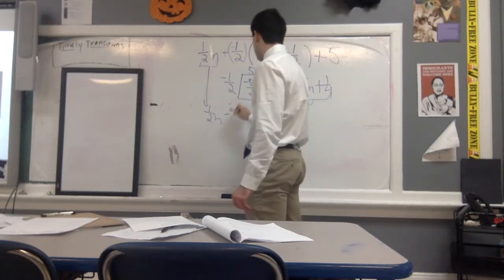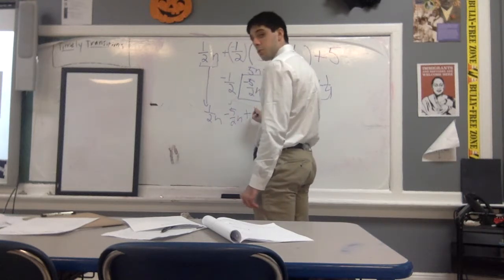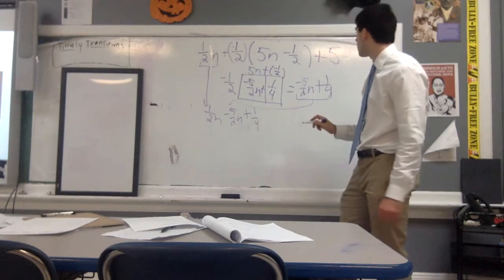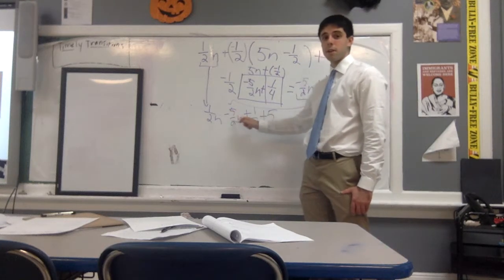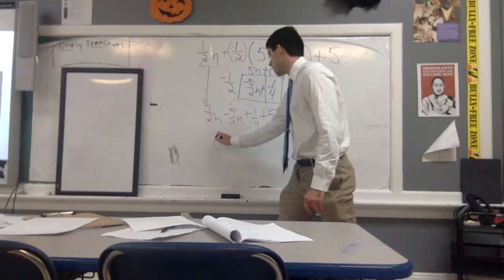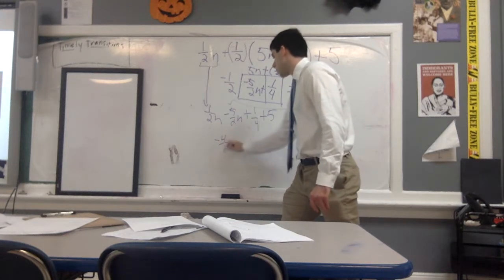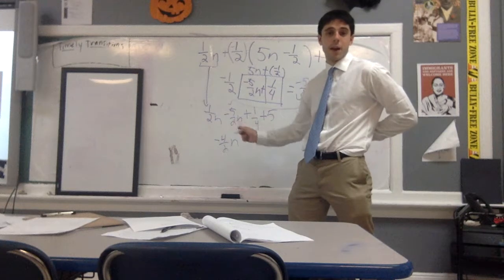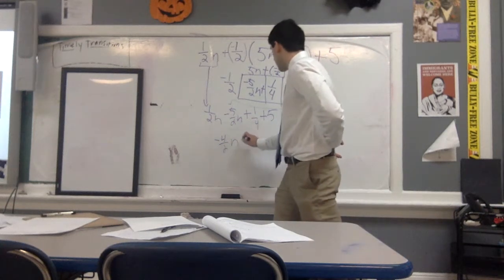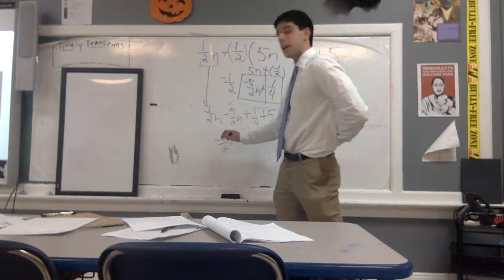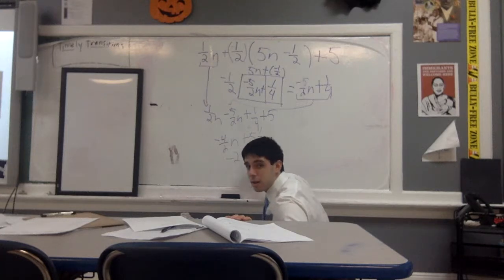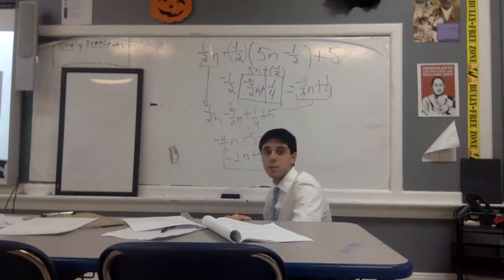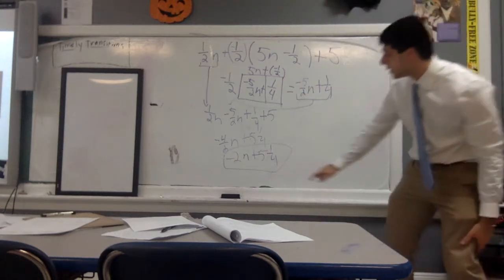So that's going to be minus 5/2 n plus 1/4, and we then add 5 to that at the end. 1/2 n minus 5/2 n is going to be negative 4/2 n. 1/2 minus 5/2 becomes negative 4/2, plus 5 and 1/4. Negative 4/2 n becomes negative 2n plus 5 and 1/4. So our final answer is going to be negative 2n plus